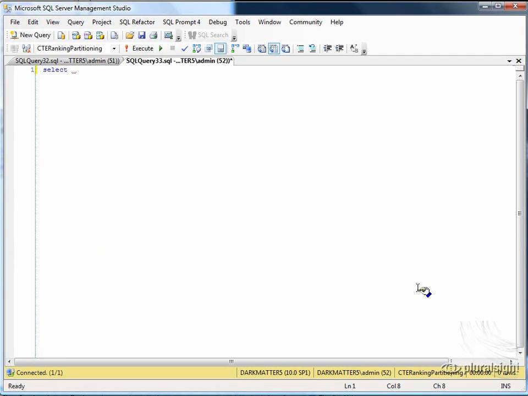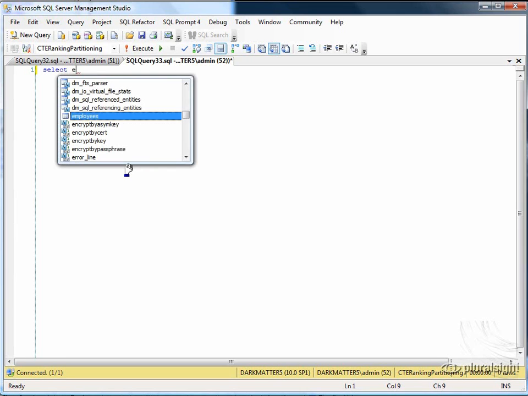Now, once I'm into my query, I want to do something. It turns out I want to select some columns out of the Employees table that I know is in this CTE ranking partitioning database. It's one of the sample databases for one of the modules in the SQL course. So I want to specify some column names there, and I'm going to do it with two-part names for a couple of reasons. Usually it's a good idea to do that, and secondly, the IntelliSense works better if I do it that way. So if I type E, what's going to come up is all the things I could possibly